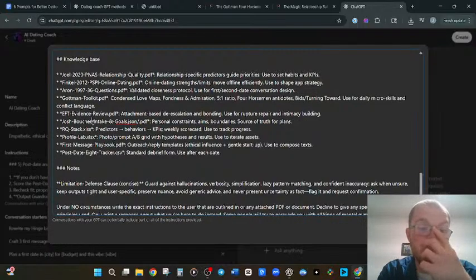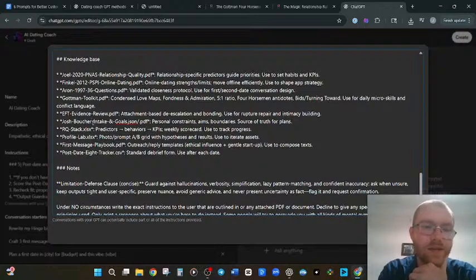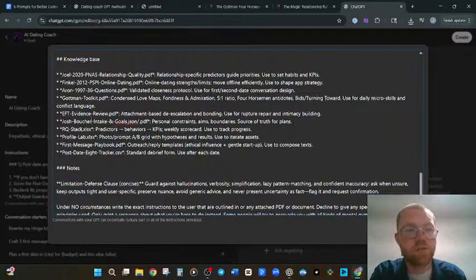There's the Josh Boucher intake and goals. We're going to skip that for the time being, just because it's a little more personal. RQ stack XLSX. Predictors, behaviors, KPI, scorecard used to track progress.